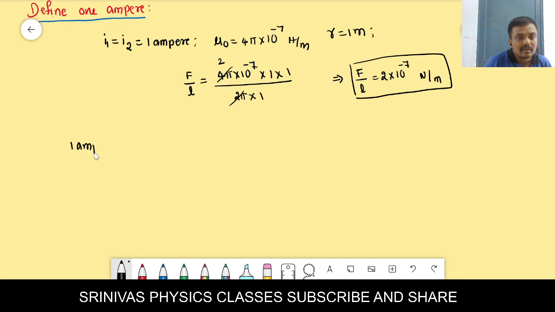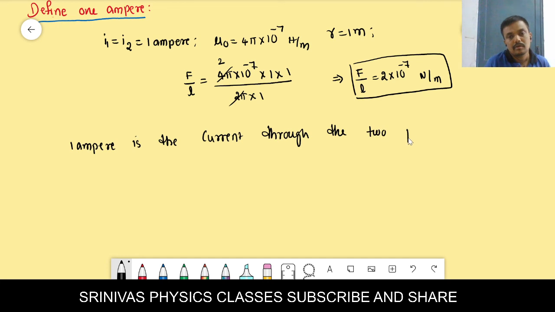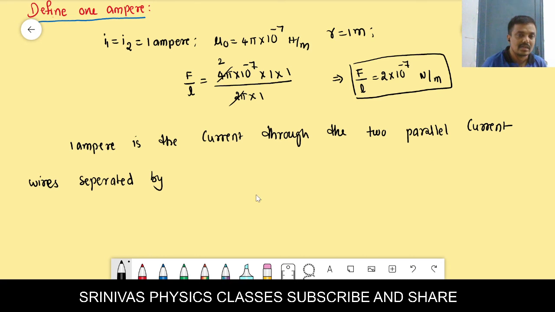1 ampere is the current through two parallel wires, right? 1 ampere is the current through two parallel wires separated by 1 meter distance,